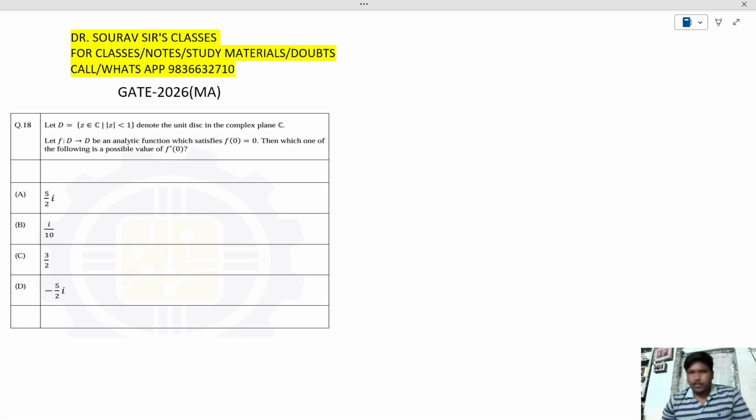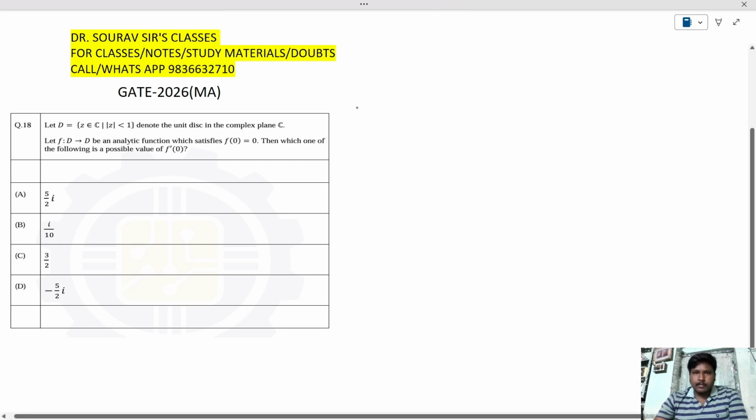This is the question from the GATE 2026, question number 18. This is the simple application of the Schwarz lemma. So Schwarz lemma क्या स्टेटमेंट है कि